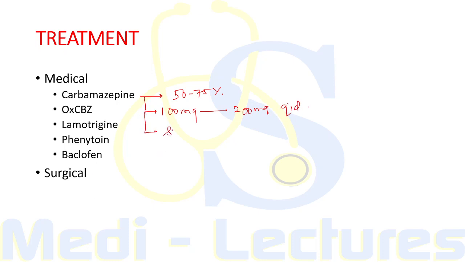Now when we consider the side effects of carbamazepine, these include dizziness, imbalance, as well as sedation. Now a rare side effect but a very dangerous side effect is agranulocytosis. Usually the treatment with carbamazepine is continued till 1 month after the pain relieved, and the drug is then tapered gradually. Oxcarbazepine is an equally effective alternative which can be given in a dose of 300 to 1200 milligram BD,